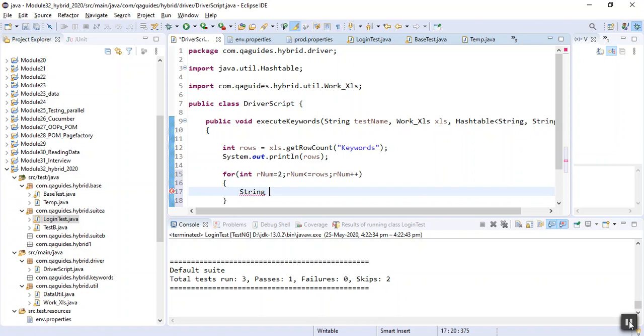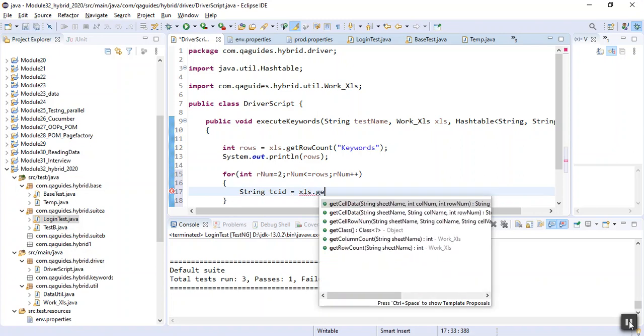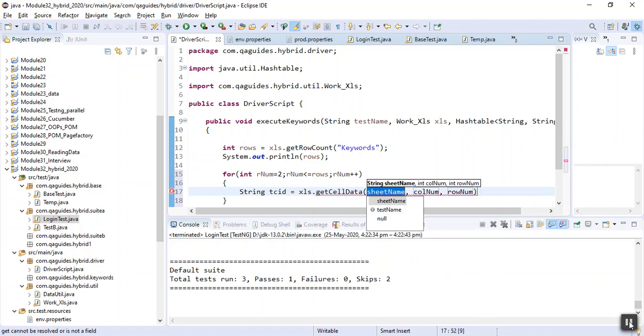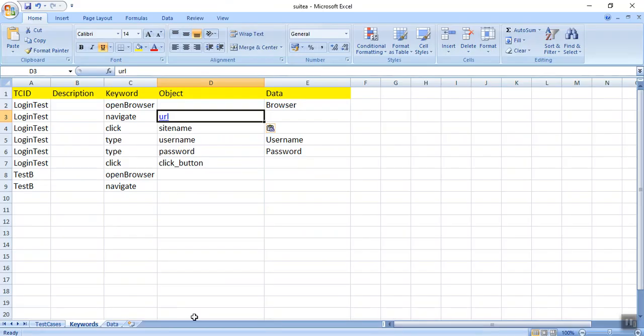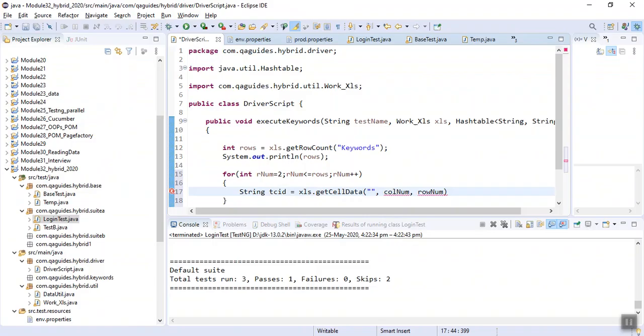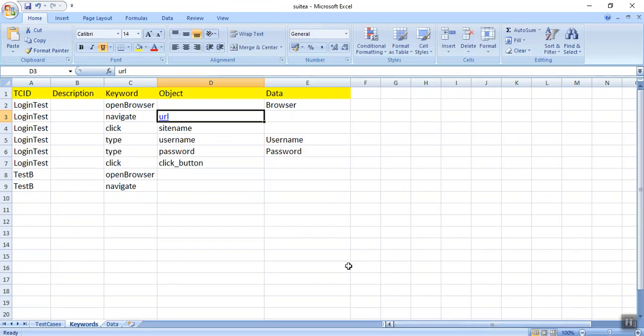String tcid, let's take the tcid: xls.getCellData, from which sheet we need the data, from the keyword sheet we need the data. Column name is where I need the data from, this keyword.